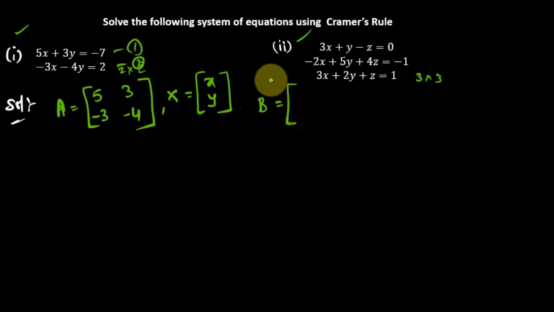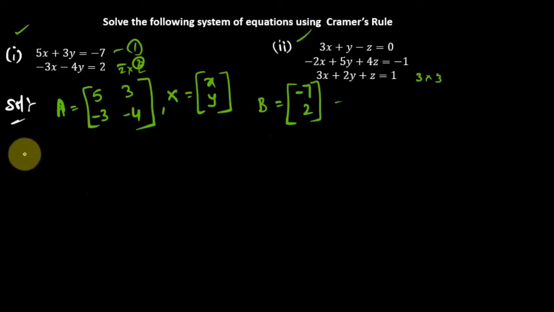The B matrix is nothing but the constants on the right side of these linear equations, that are minus 7 and 2. So this is the matrix form. The first step is to convert in this way into matrix form A, X and B. Now Cramer's rule says that